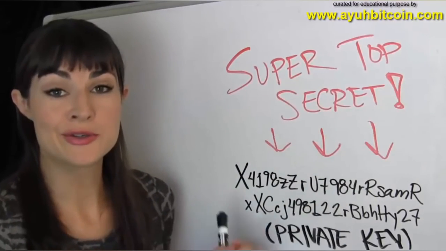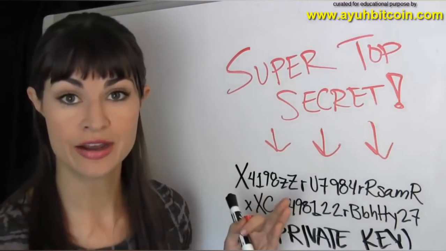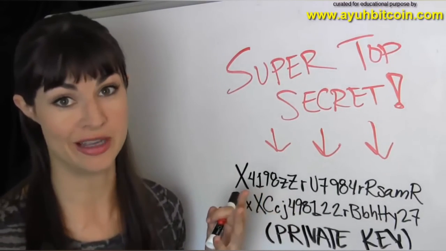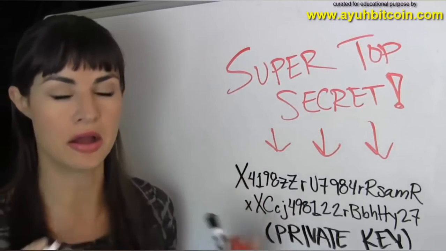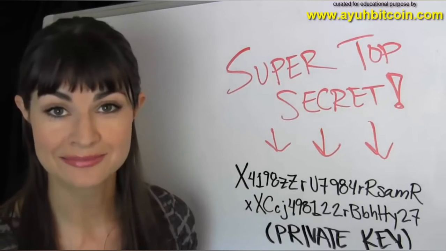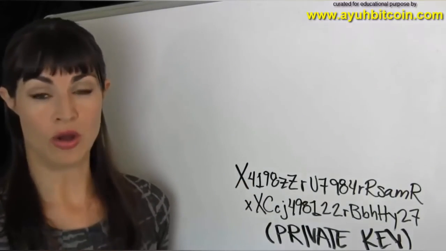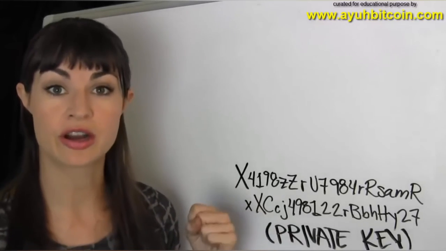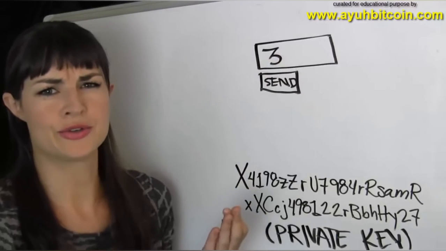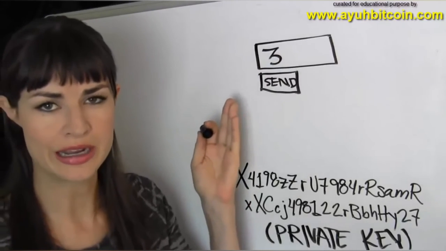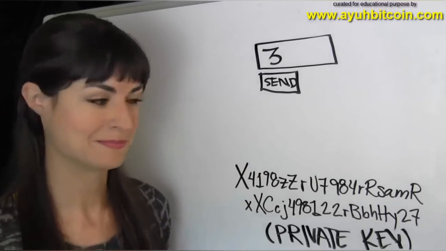That makes private keys super top secret because anybody who knows the private key for a public address can spend from it. That's why nobody goes around posting their private keys in online forums. It's just not done. So when using your hypothetical eMoney wallet and you want to send Amanda 3 eMonies for covering lunch yesterday, all you as the user do is tell your wallet you want to send 3 eMoney and click send. Easy enough.